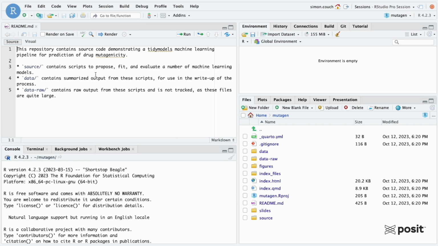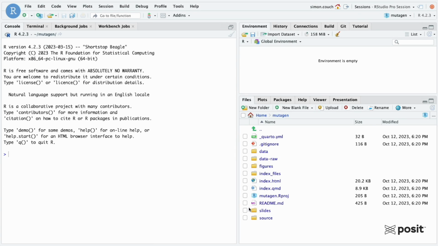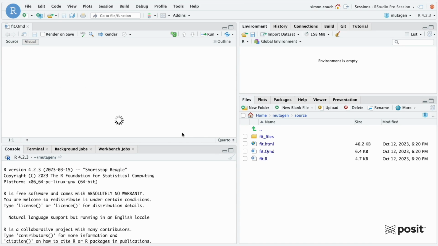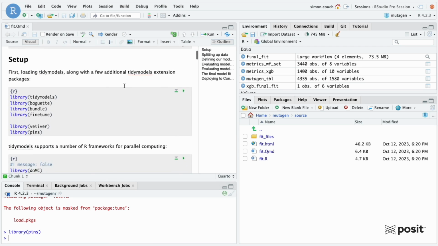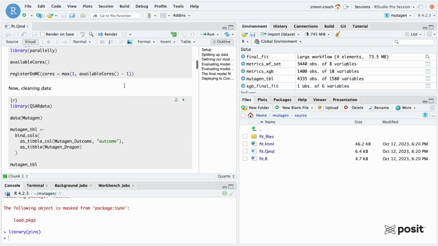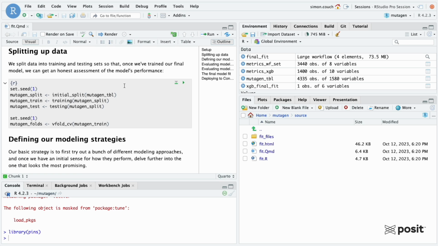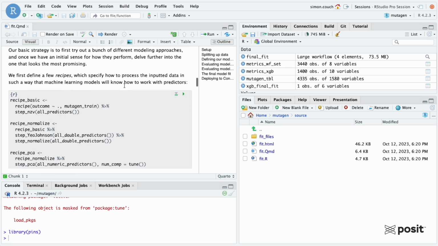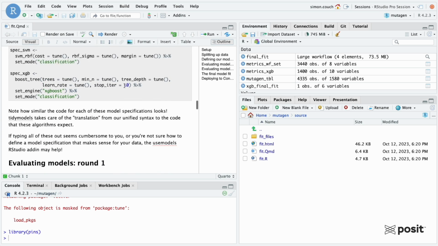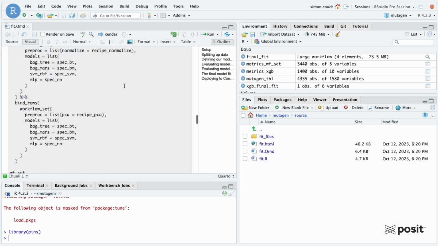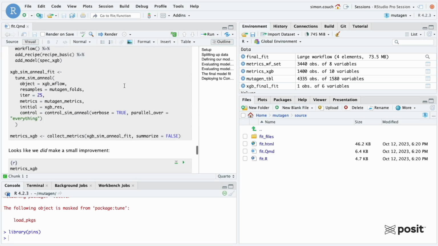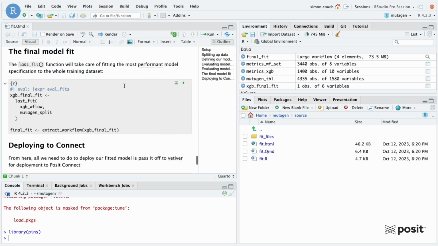So for instance, there's a README in this repository giving some high-level information on what's in there. Here's all the source code for the slides in this slide folder. What I'm going to open up is source here, which has a Quarto document that has all of the source code that I used to pre-process my data and start understanding it in step 1, and then moving into step 2, which is developing and training the model and ultimately deciding on the final fit.